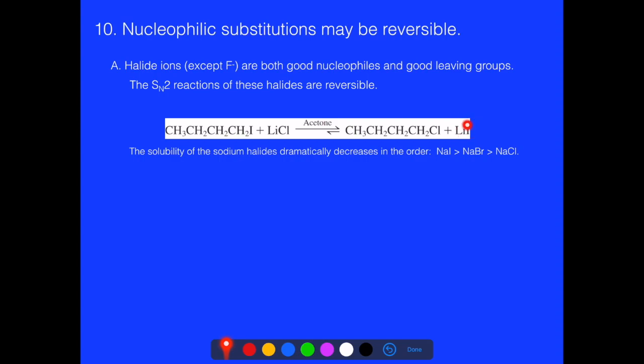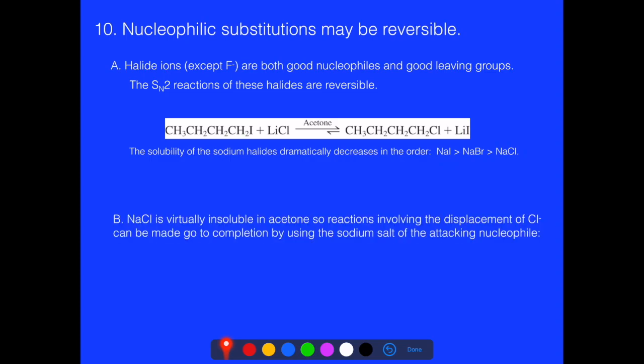Again, noticing it happens in acetone, a polar aprotic solvent. And one thing about this is that the sodium halides differ dramatically in solubility. Sodium iodide is much more soluble than sodium bromide and sodium chloride. So in the laboratory we actually use iodide as a nucleophile because it's more soluble, and these others actually precipitate. Let's take a look at that. Sodium chloride is virtually insoluble in acetone,